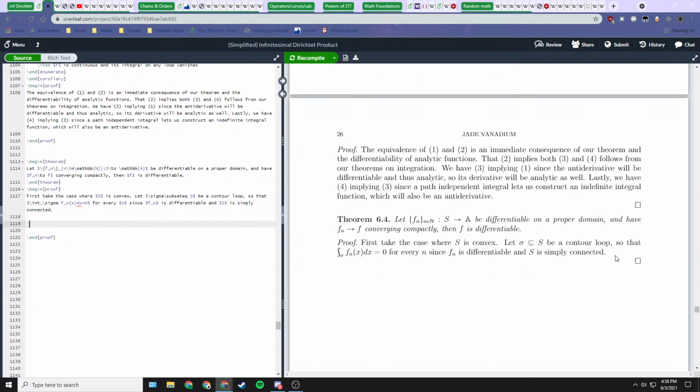So then we can say, since each f sub n is continuous, actually we can say, since the f sub n converge compactly, let's go like this. Okay, so since sigma is continuous, its image is compact, and since the f sub n converge compactly, then we must have f sub n,